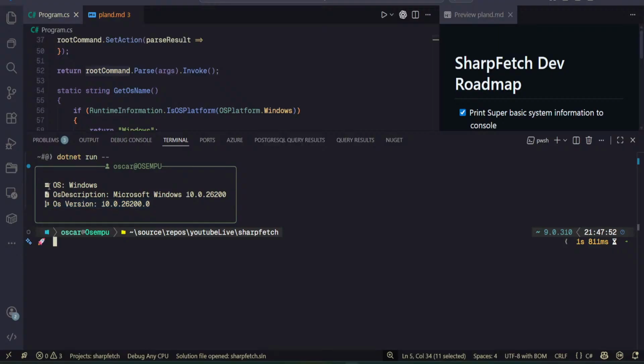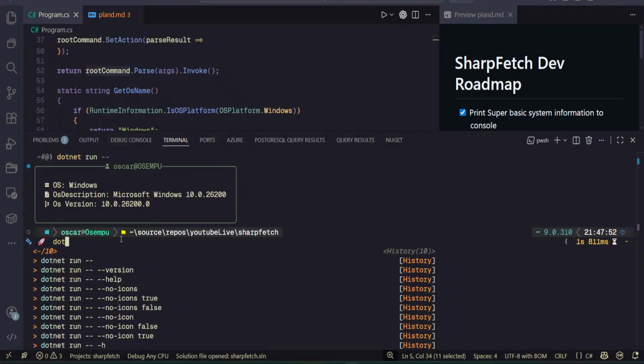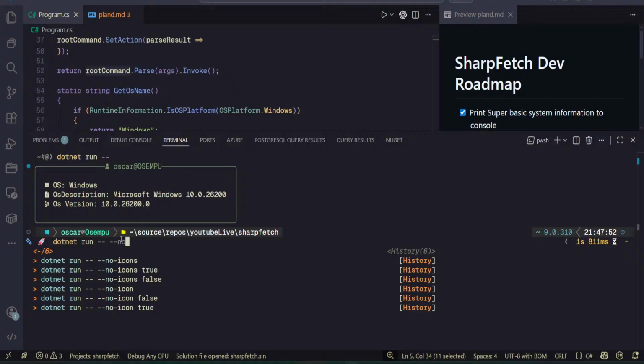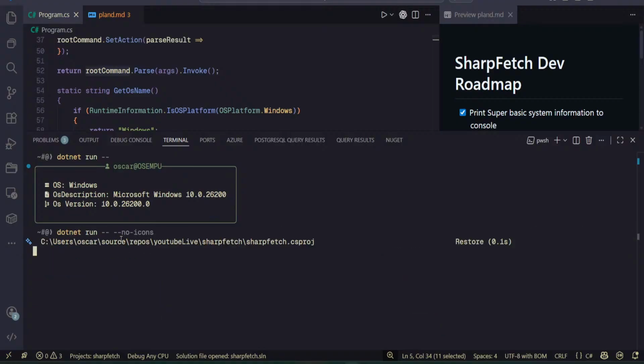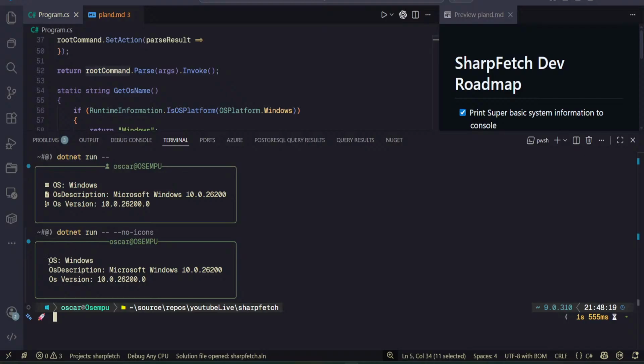We get these pretty nice icons. We are using the panel courtesy of Spectre Console. And if we say .NET run no icons, we remove the icons and we get just the plain information of the system. That's amazing. That's exactly what we were looking to achieve in this first